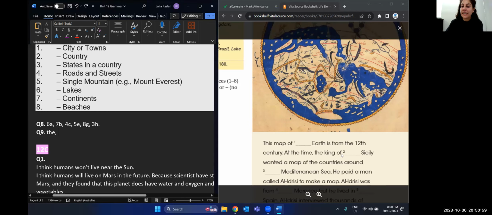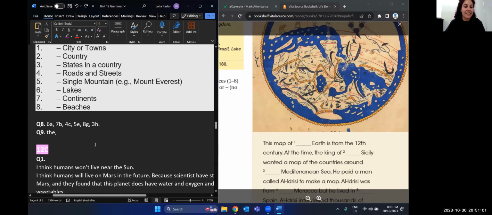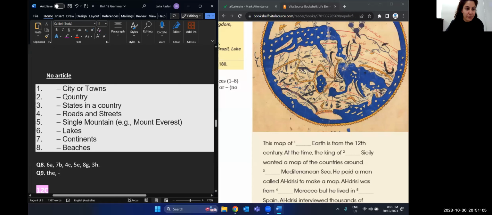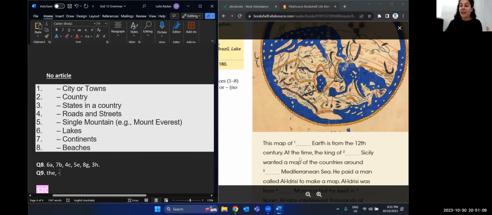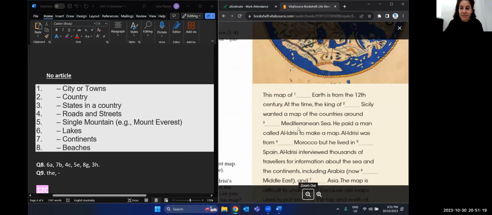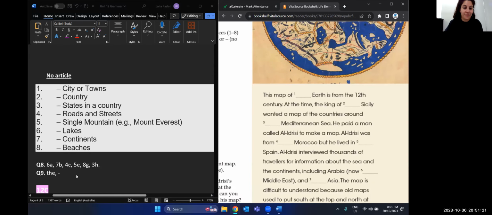At the time, the king of Sicily. I don't need the, because it's the name of a country. Remember? Country, no article. So at the time, it's like saying the king of Australia, the king of England. The king of Sicily wanted a map of the countries around, we've got the sea,